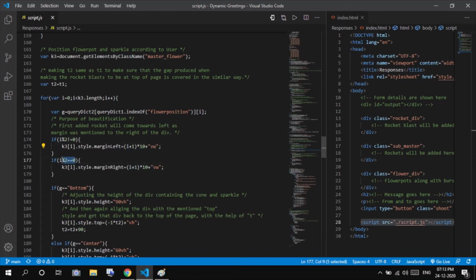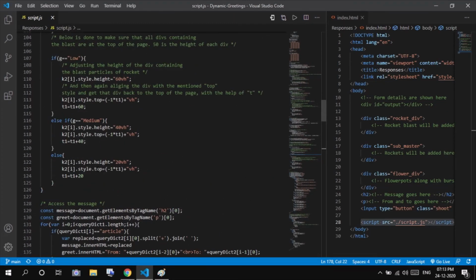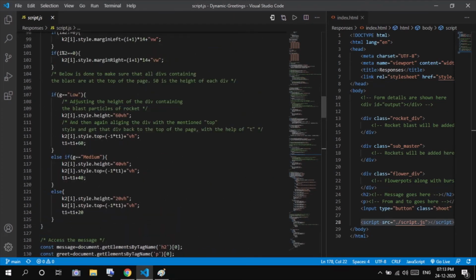If i is divisible by 2, then it will be having a margin to the right. So yeah, these all are the things that I have made, so that the flex boxes which contain the blasts will not be overlapped.